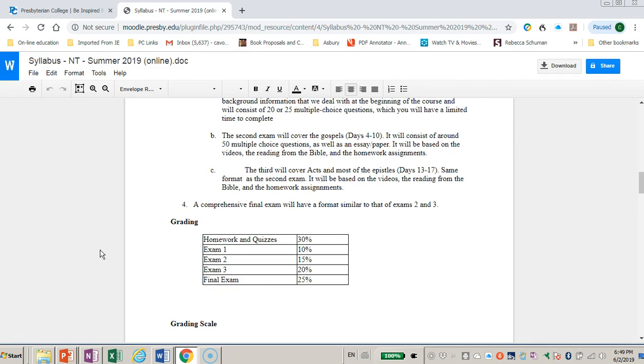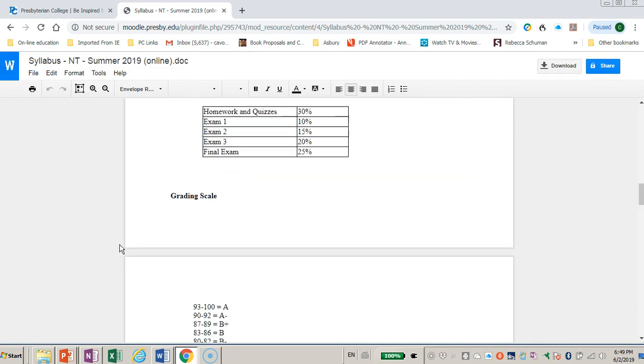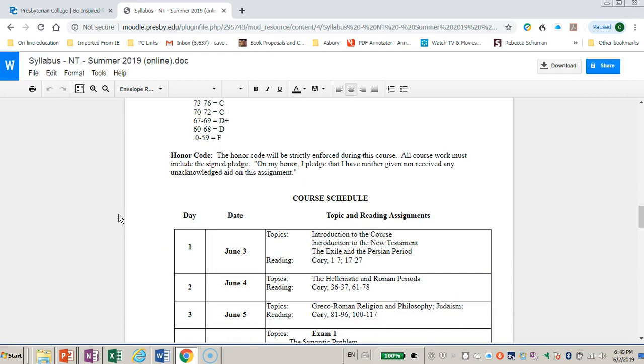Homework and quizzes, you should do fine on those, and so that should be an easy A to help bring up the scores in the rest of the sections, but you will certainly be able to do very well on those as long as you're willing to put the time into the course as well.